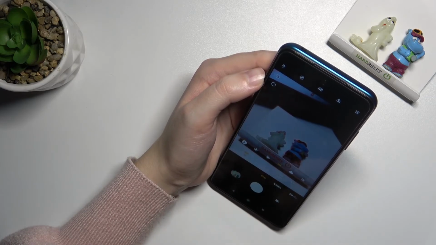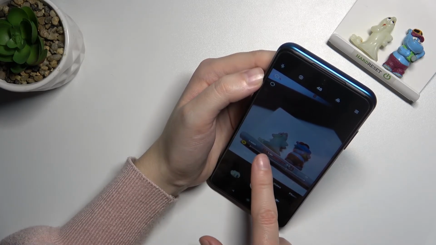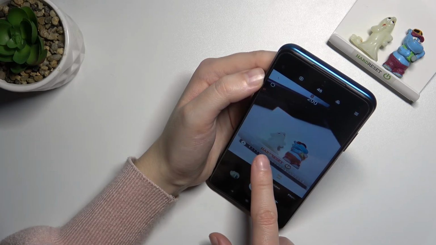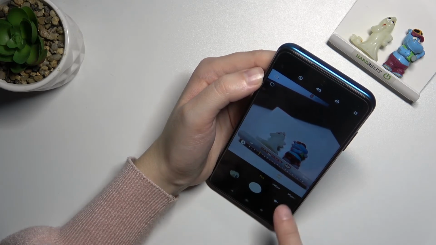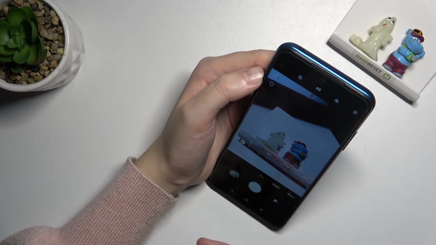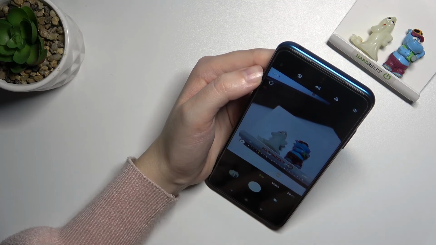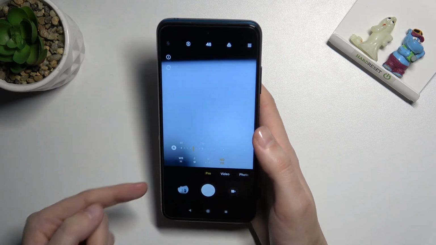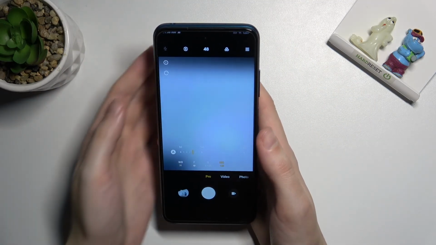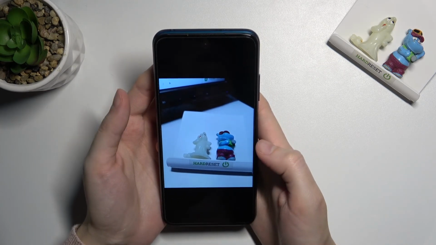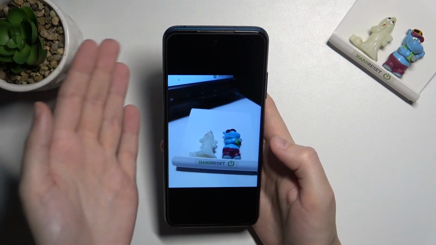Let me pick, for example, white fluorescent light, the shutter speed, maybe this one, and the ISO maybe here. As I said, exposure compensation now is locked because I used these two parameters, so let's tap on the shutter to see my photo. Let's move to the left to the button that takes us straight to the gallery, and this is how it looks. I suggest you make experiments with all of these